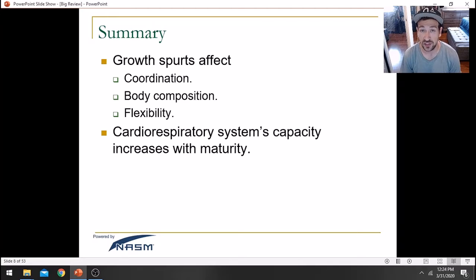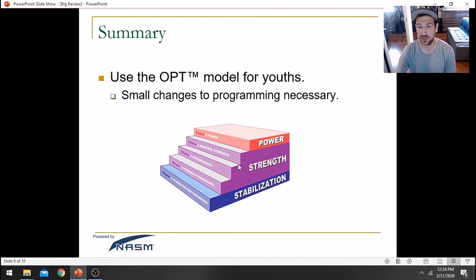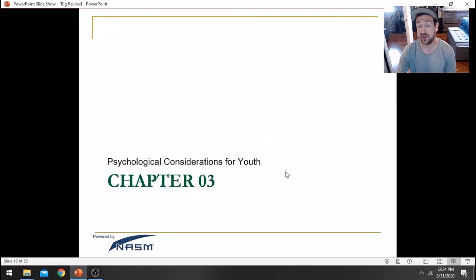They will obviously also experience growth spurts. That's something that we don't see in adults very often. Those growth spurts can affect their coordination. It can change their body composition. And as we start to get older, we are going to see a decrease in flexibility. So that's something we want to be aware of as well. Obviously, we can still use the OPT model. We just want to make sure that we make adjustments that we're going to continue talking about for the rest of